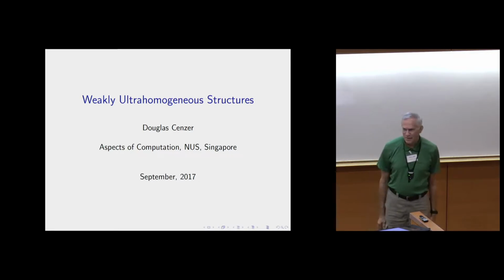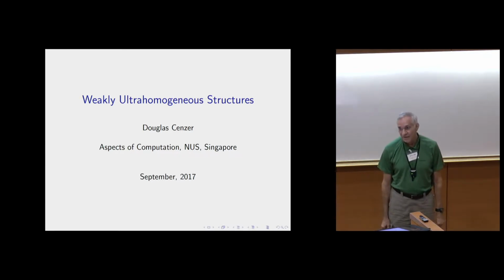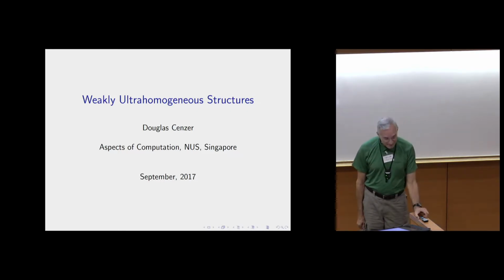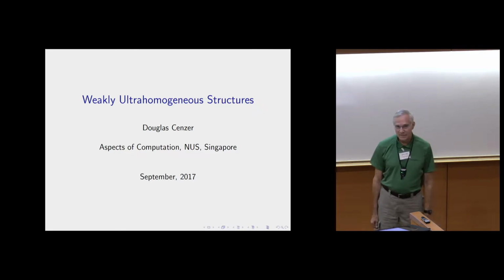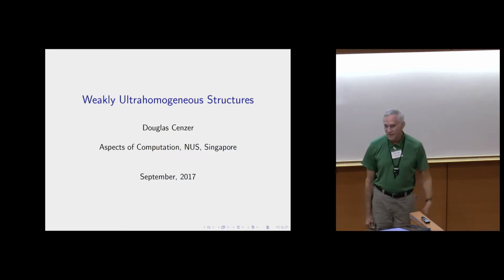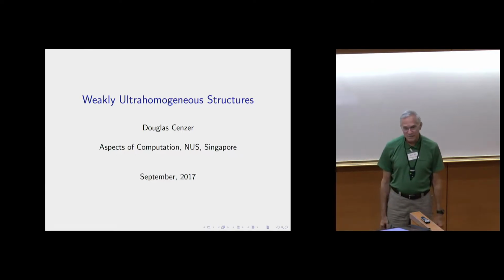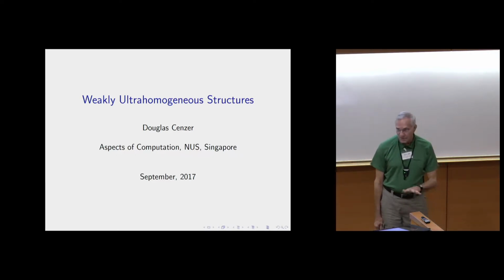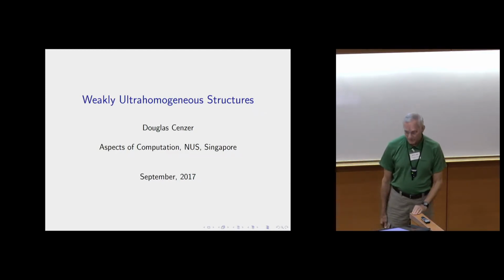Rod and I started working together probably 30 years ago at the Special Year in Logic, MSRI. We worked on Pi 01 classes. We also had a project we were working on with complexity and model theory. It took many years before this actually came out, but there is a paper, and it turns out this is related to abelian groups. So I will say something today about abelian groups and the connection with homogeneous structures.